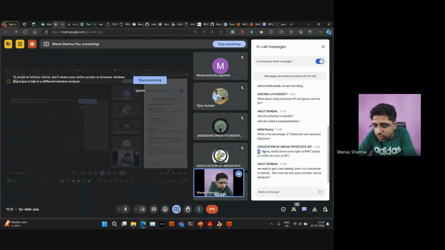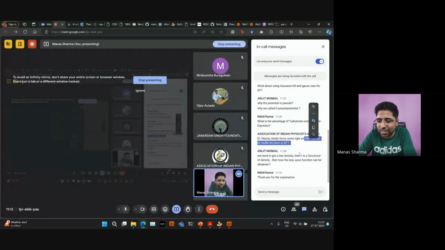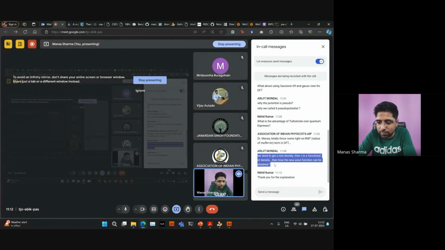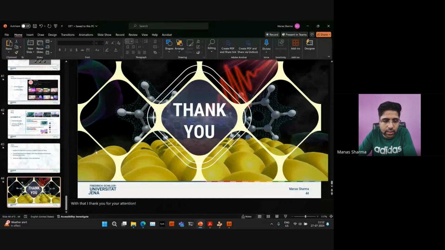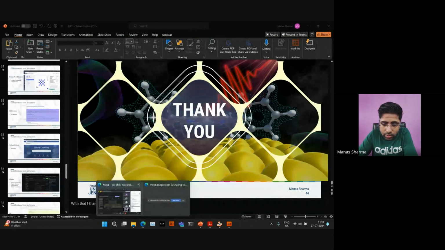Okay, then the next question is, kindly throw some light on RMT, radius or muffin tin term in DFT. Okay, so unfortunately, I'm not really familiar with these terms actually. So sorry for that. And then there's a question: we need to get a test density, then V is a functional density, then how can the new wave function be obtained? Yeah, so coming to the, let's say,